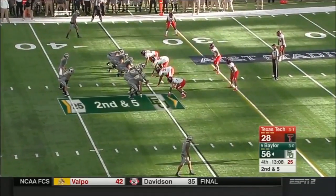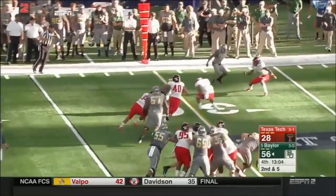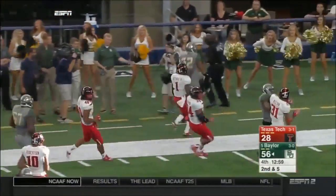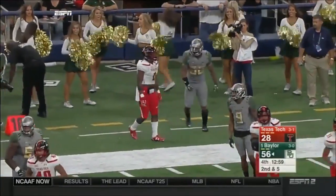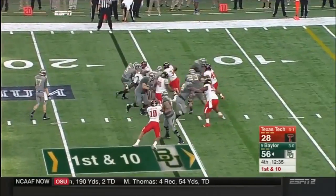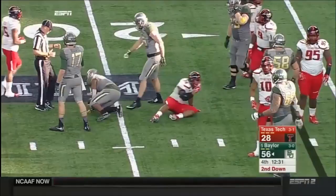A close call on the road at Virginia. Linwood gets the first down, took a shot, but bounced right off the defender. Shoved out at the 17-yard line. Now Baylor averaging 64 points per game, trying to get close to that on this possession. But Jeffrey